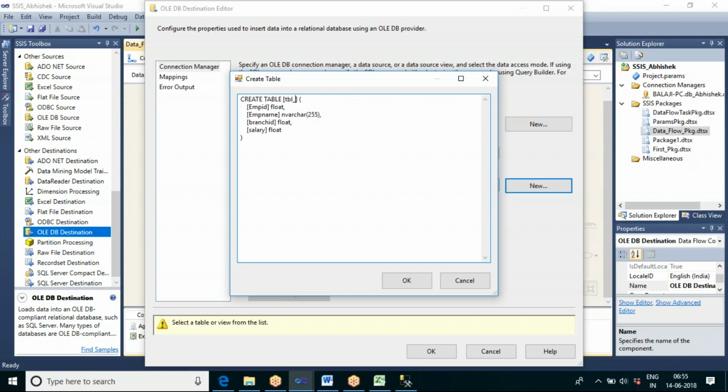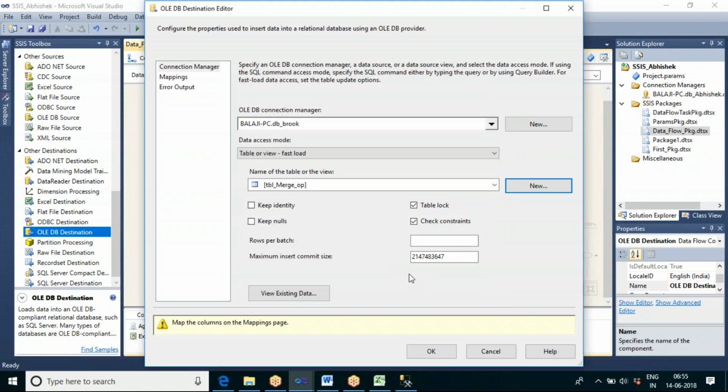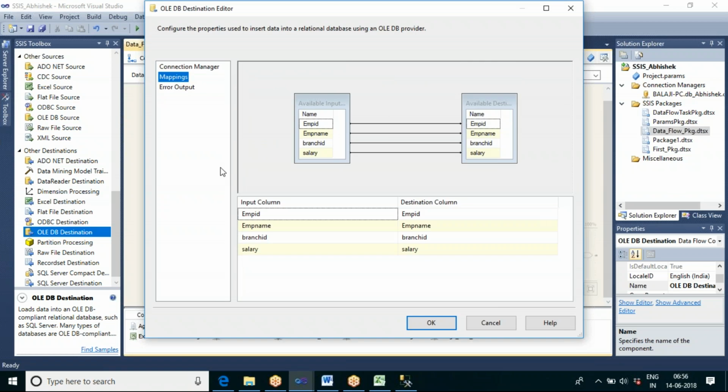Let us name it table_merge_output. Now go to the mappings. This is compulsory. Map your input columns and the destination columns.